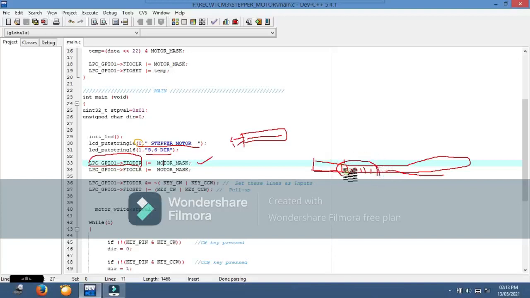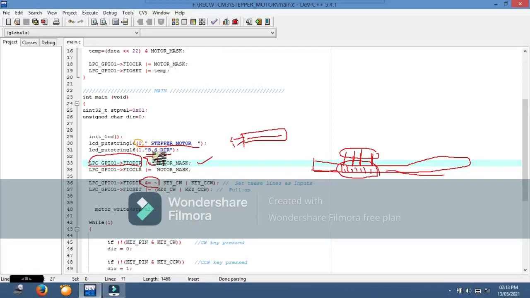Wherever the 1 is there, those ports, port 25, 24, 23, 22, all set to an input port if you give the OR equal to symbol here. If you give this symbol AND equal to not, then that will set to output port.